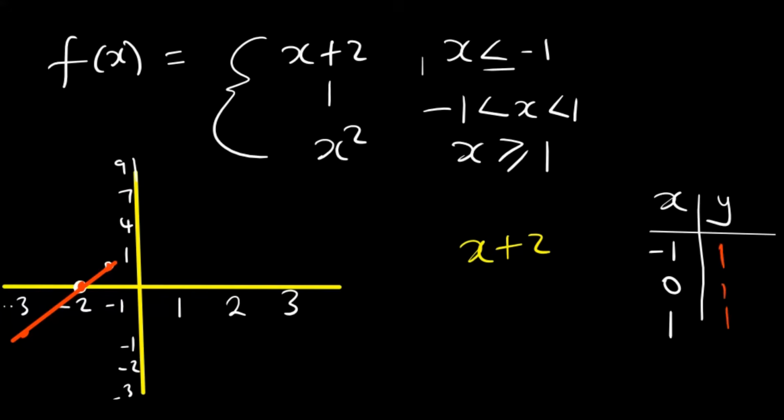So now we have to plot that. I'm going to use a different color. We have to start with negative 1 comma 1. Negative 1 comma 1 is the same point that we started with. Then we're going to go to 0 comma 1. 0 comma 1 is this one. Then 1 comma 1 is this one. So basically we're just supposed to join those lines. Okay, then we come to the last equation, x squared. So again